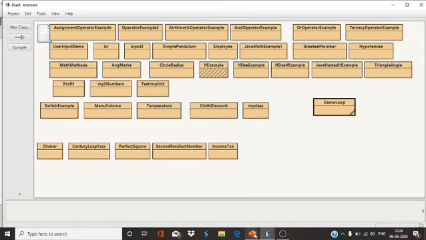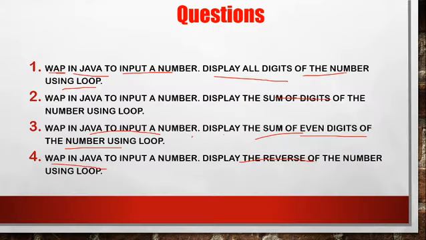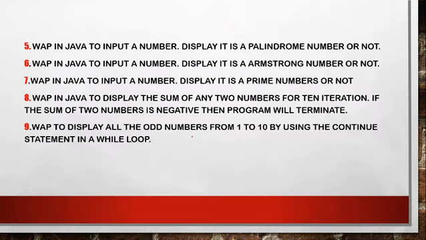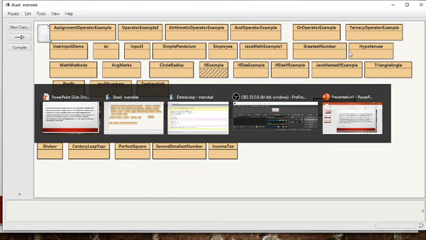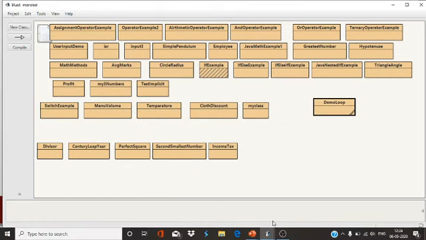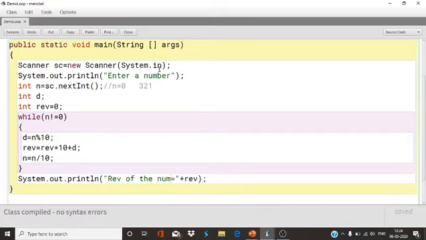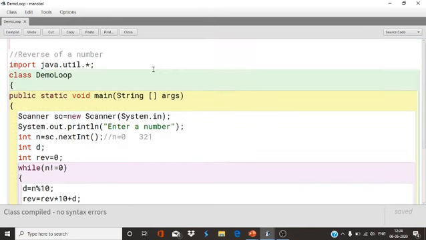Okay. Now more programs are there. Like write a program in Java to input a number and display whether it is a palindrome number or not. As we know, a palindrome number is one where if you reverse your number and that number is equal to the accepted number.